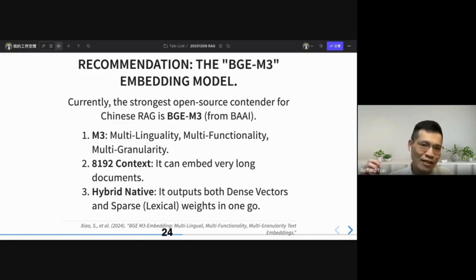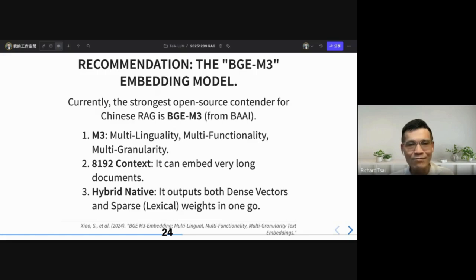If you are English speakers, you have other choices. But if you are Chinese speakers developing a Chinese RAG system, you have very few choices. Yeah, that's the reality. And its context is around 8,000 tokens.